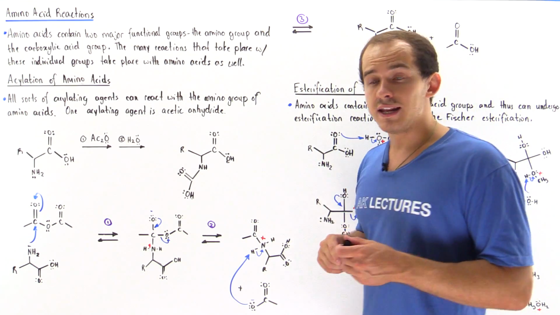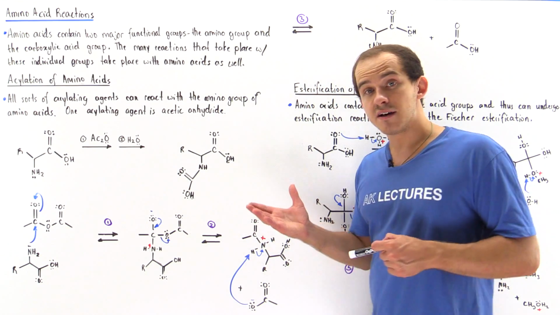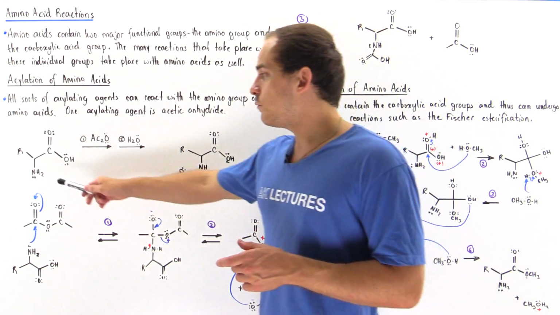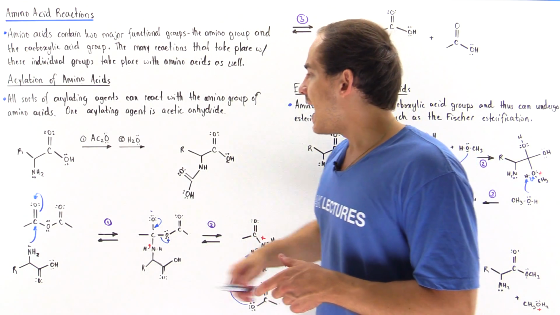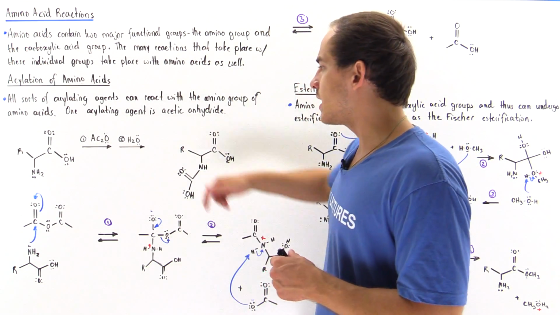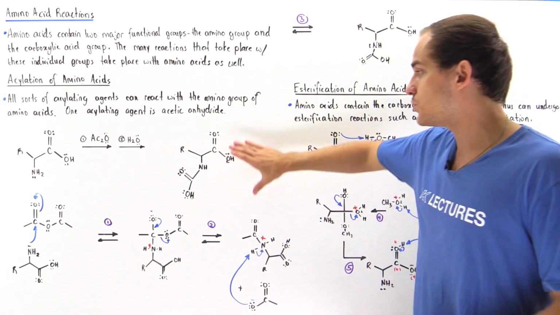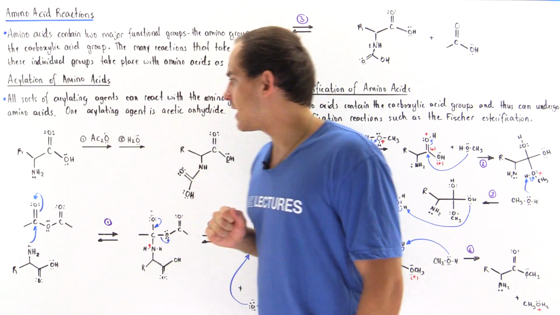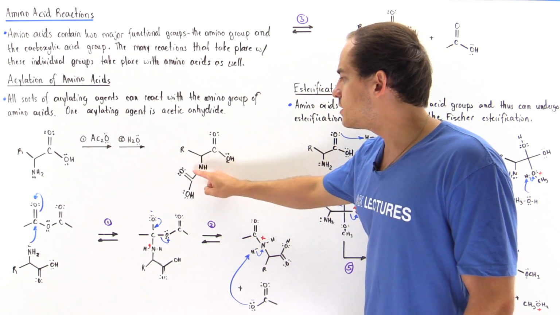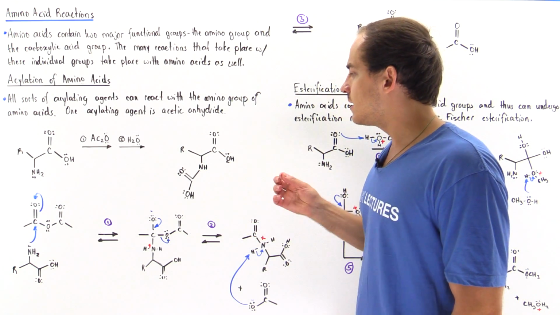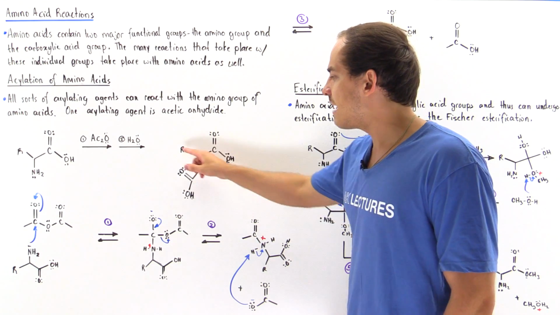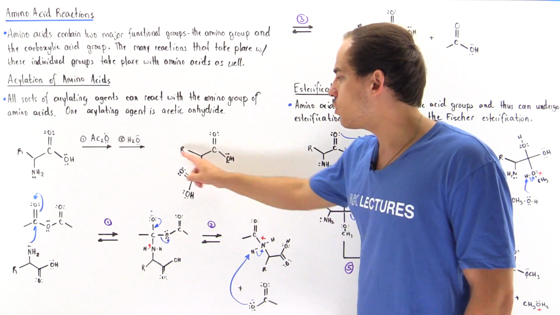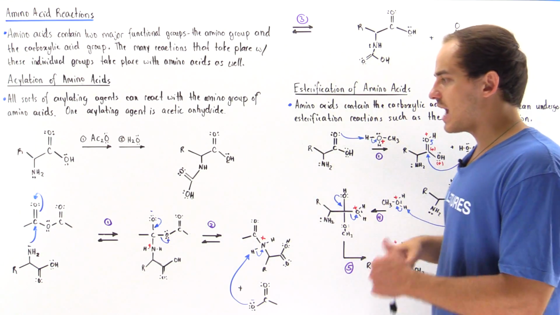of our acylating agent. One very common example of an acylating agent is acetic anhydride. So if we take the amino acid as shown and we mix it with acetic anhydride and then with water, we basically produce this final product as shown. And the difference between this amino acid and this amino acid is this nitrogen has been acylated with this carbon. We have basically added the acyl group onto this nitrogen, and so this is our acylation reaction.